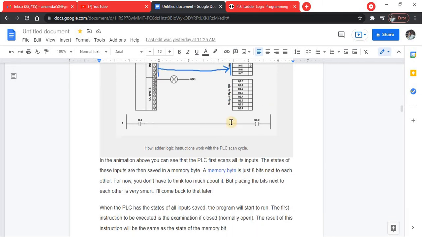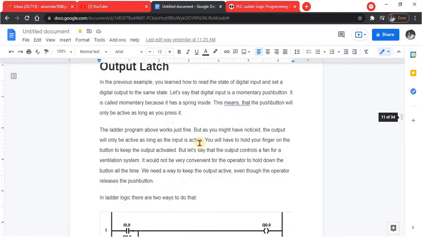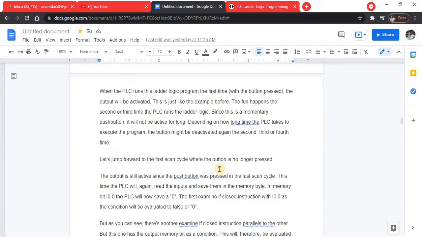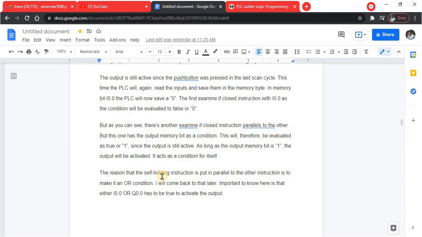The reason the self-holding instruction is put in parallel to the other instruction is to make the OR condition. So we will come back to that later.